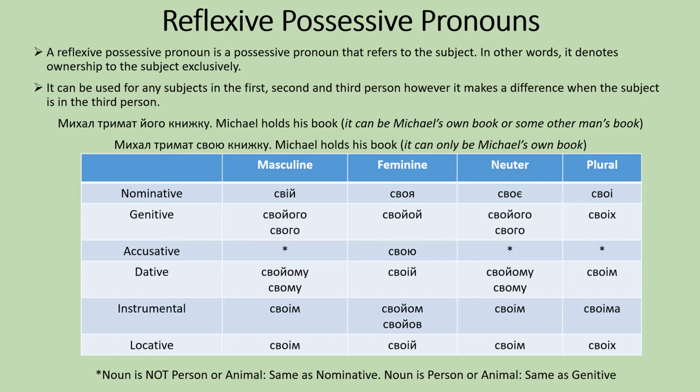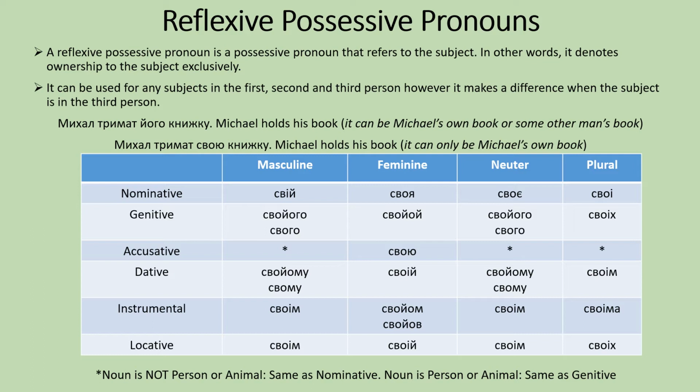In the accusative case, for the masculine, neuter, and plural, if the noun is not a person or animal, then the reflexive possessive pronoun in the accusative case is the same as in the nominative case. Otherwise, it is the same as in the genitive case. In the accusative case, the feminine is swoju. In the dative case, the masculine is swojomu,